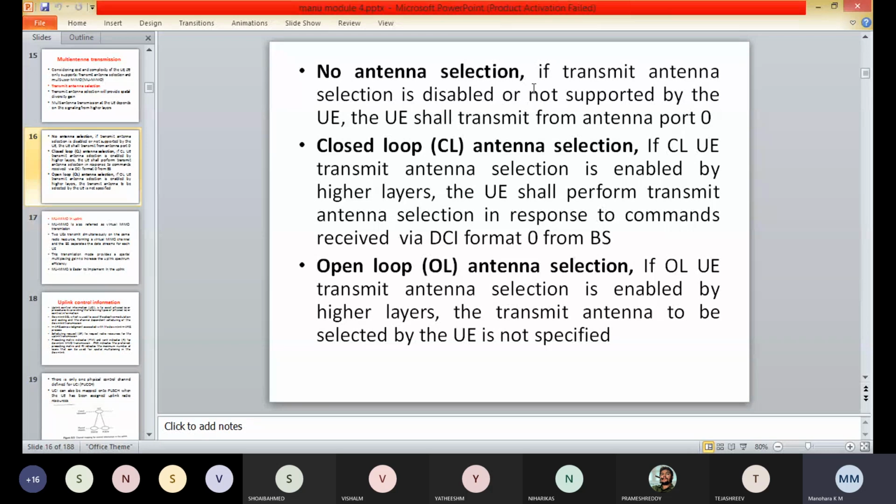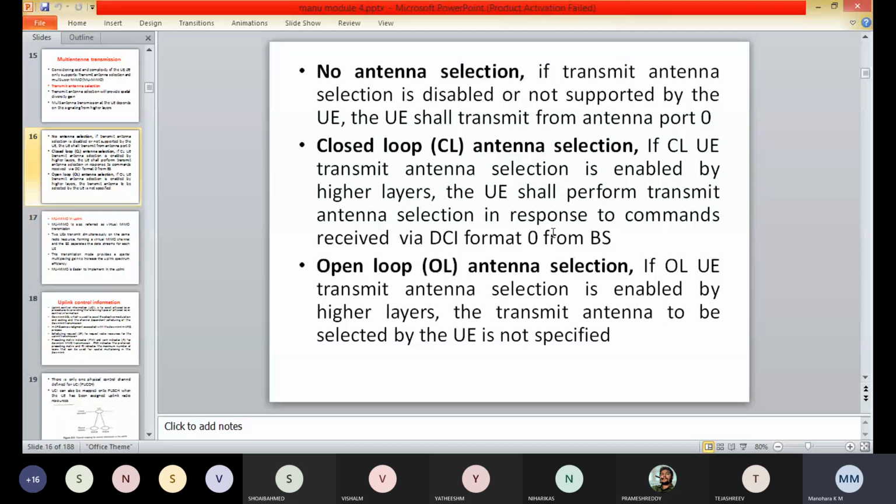If the ACK or NAK ratio in the time instance when antenna port 0 was used is less than the ratio for the time instance when antenna port 1 was used, then clearly antenna port 1 is the better choice, and vice versa. So this is about the open loop antenna selection.